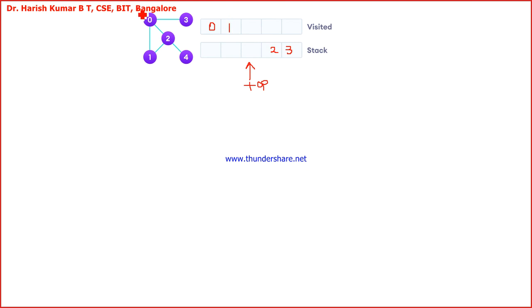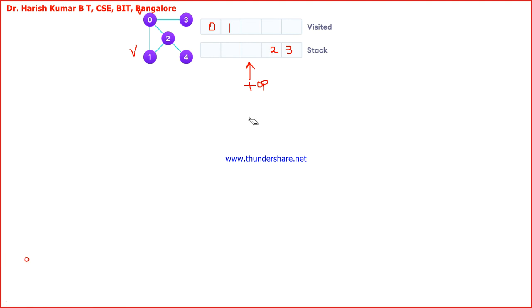Visited ones I'll mark as V. This is visited and this is visited. Now when I visit this, the unvisited adjacent nodes of 1 must be added to the stack. 0 is already visited, and 2 is already there. Understood? 2 is already there inside the stack, so I don't have to add it.